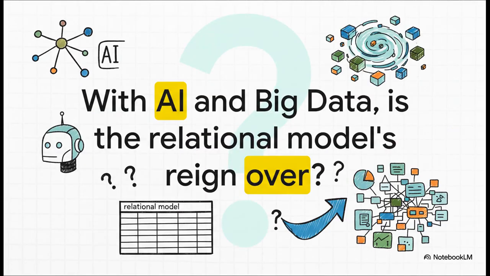But the world of data is, well, it's changing fast. We have these massive, messy data sets, AI models, all kinds of new databases. The whole point of the relational model was to bring order to chaos. But now, as data itself gets more and more chaotic, is this 50-year-old idea of neat tables and strict rules still going to be king? That right there, that's the billion-dollar question for the next 50 years.